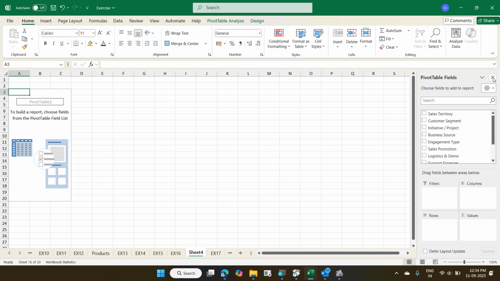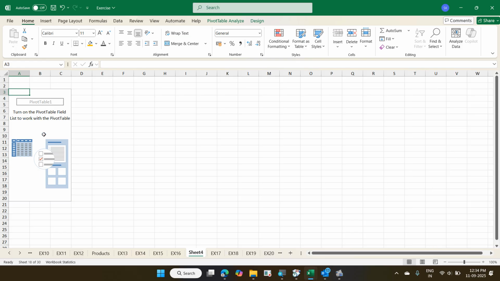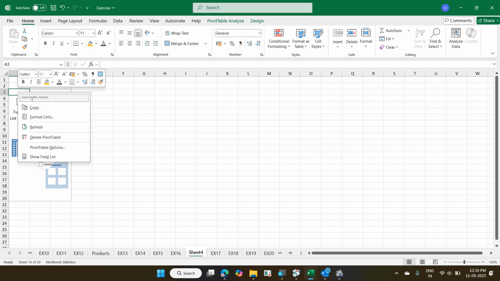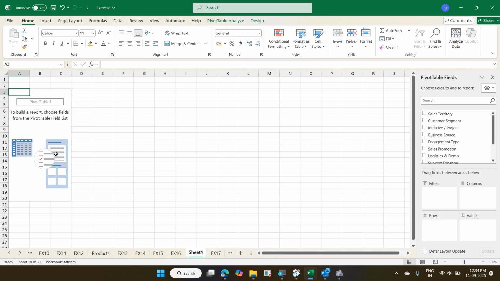Now we are going to create a report. Before creating a report, you should understand some concepts. First one, you can see there are some column headings. These are all the column headings available in your Excel table. The column headings of the Excel table have come here. Second,